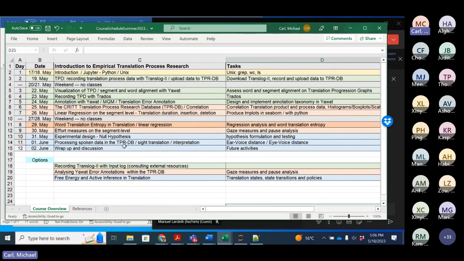Processing spoken data is much more complicated than processing written text, right? With a keyboard, we can directly log this, and we can measure the duration it takes for a word and all this.